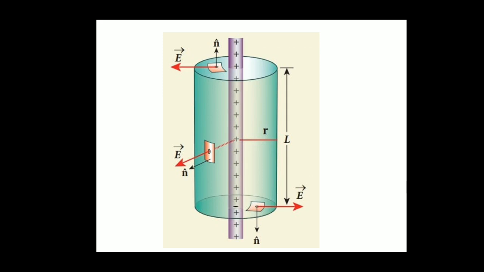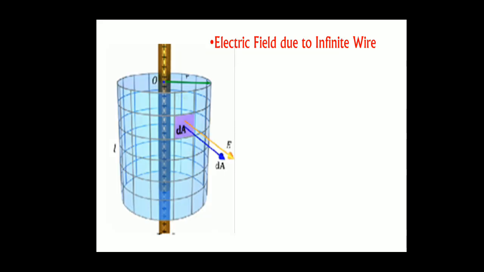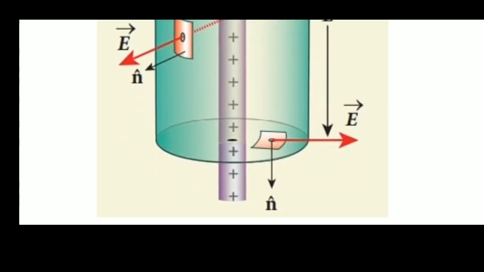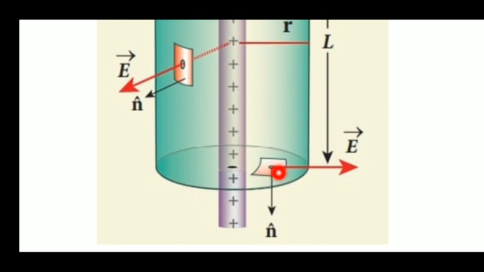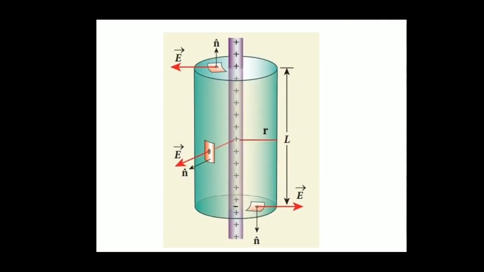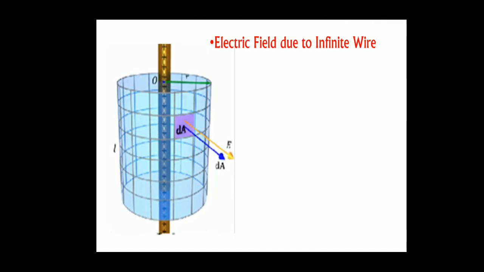So together, finally, a line charge distribution, can you see? And it has 3 surfaces. This is the first flat surface, and this is the second flat surface. Electric field and area are perpendicular. Here electric field and area are parallel, and here electric field and area are perpendicular. Now we will derive the expression for electric field due to an infinitely long wire.